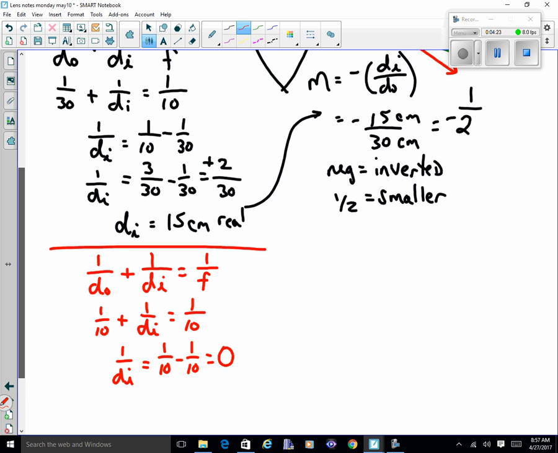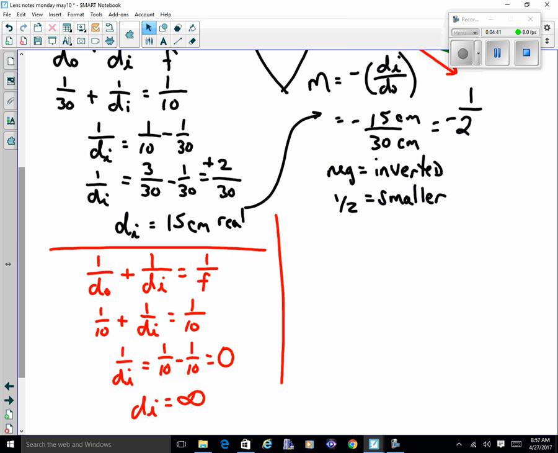So you will get no image whatsoever. You can never ever see it. So anytime you place the object at the focal length, your image distance is infinity or 0. And since there's no image, you can't get a magnification either. Last thing on that list, let's make our object now 5 centimeters away. So we'll do the same exact formula again. 1 over do plus 1 over di